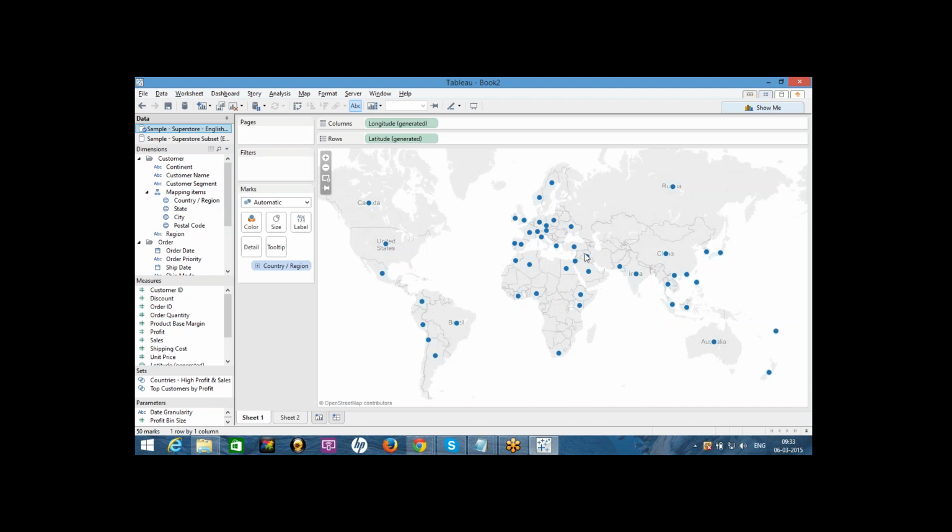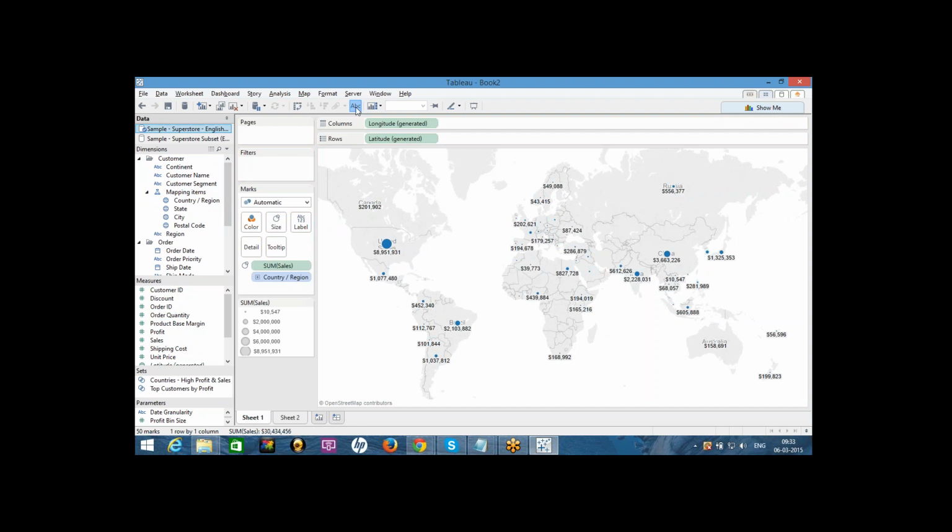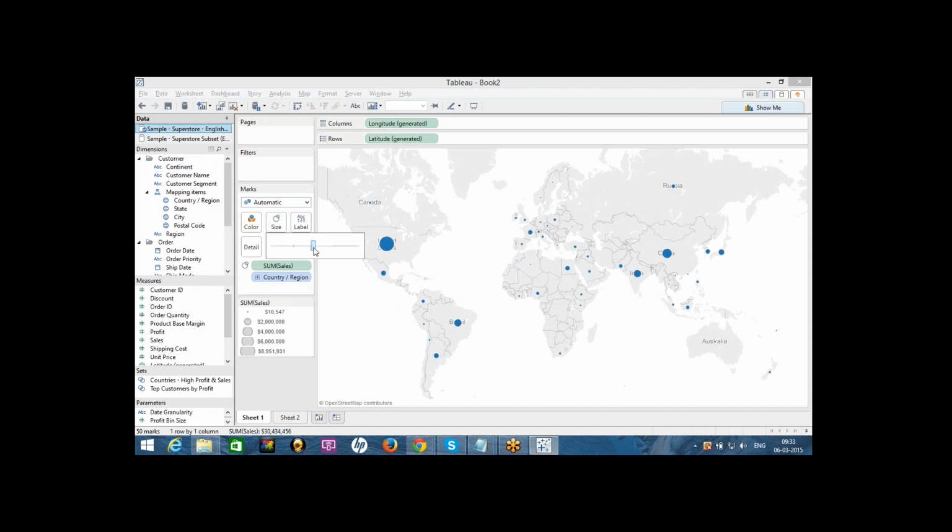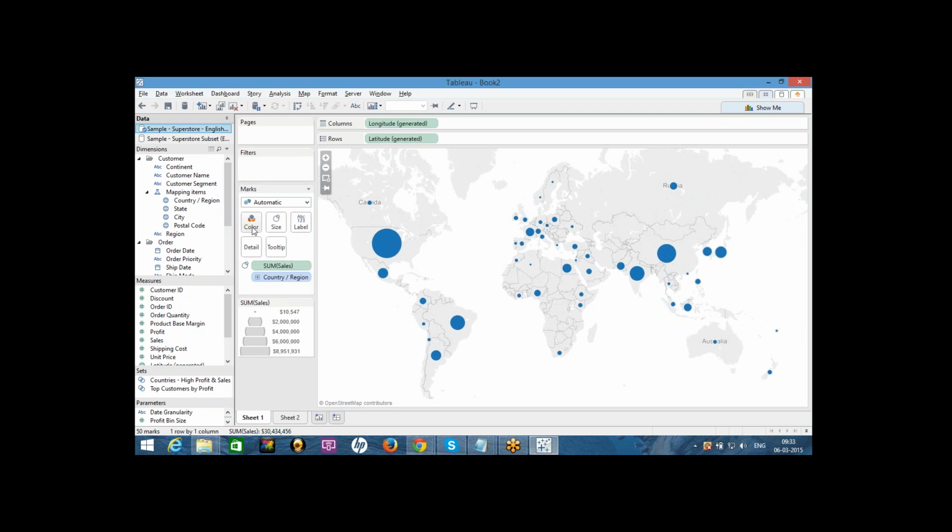Take the sales and drop it on size. Just turn on the labels, turn off the labels. Now I want to have bigger bubbles, and I want to make it transparent.